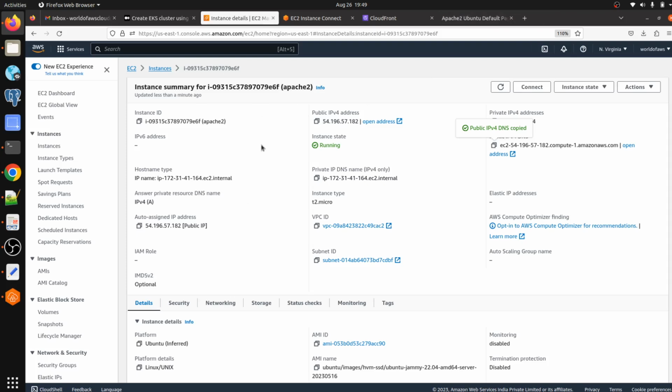So let me try to explain why we need to use CloudFront. What is the problem statement here? Suppose you have an application hosted in the US, and some Indian user is trying to access your application from India. Then it will surely take more time than if a user is trying to access it from America, correct? Suppose you are traveling 2 kilometers and if you are traveling 5 kilometers, then obviously 5 kilometers will take more time.